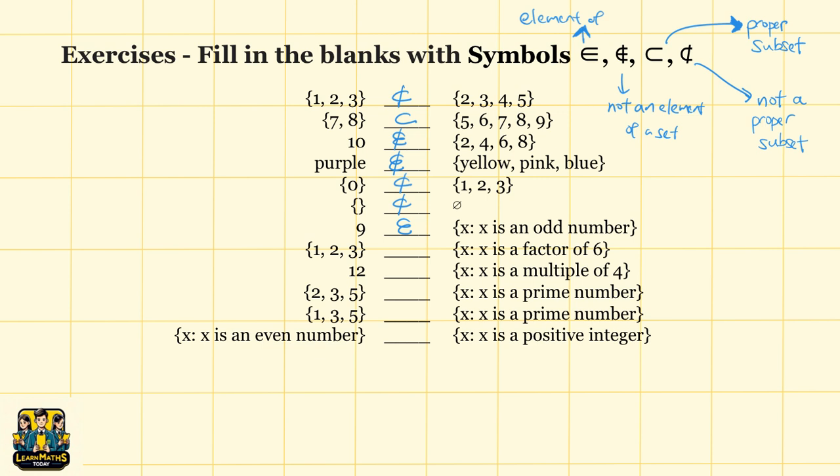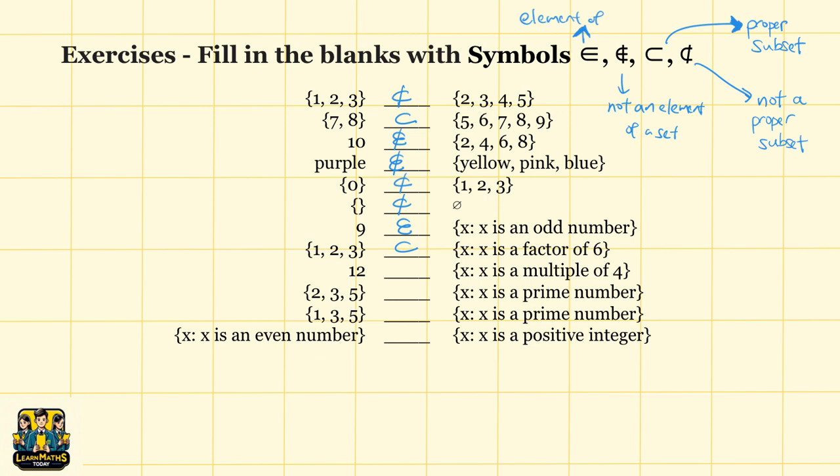Now, on the left is a set containing 1, 2, and 3, and on the right, we have a set defined by x is a factor of 6. First, what are the factors of 6? If you actually write it down, you know that it will be 1, 2, 3, and 6. So we can say that the set on the left containing 1, 2, and 3 is a proper subset of